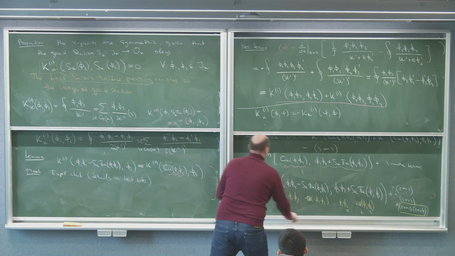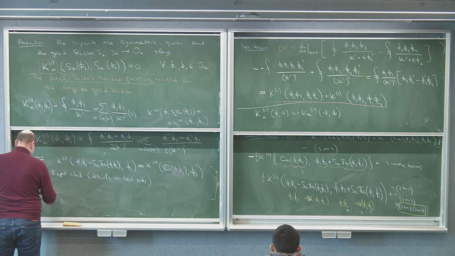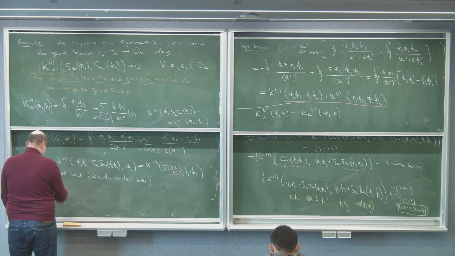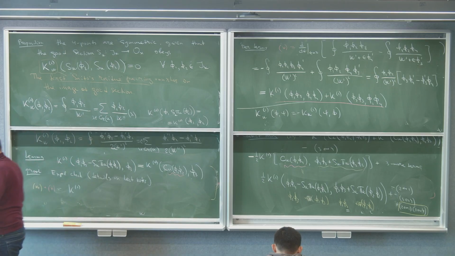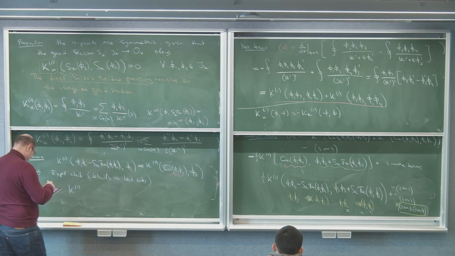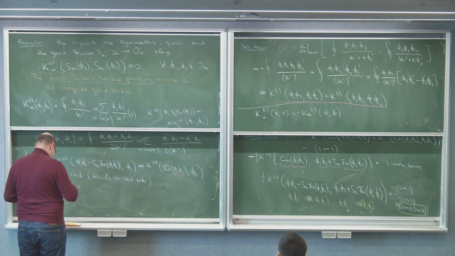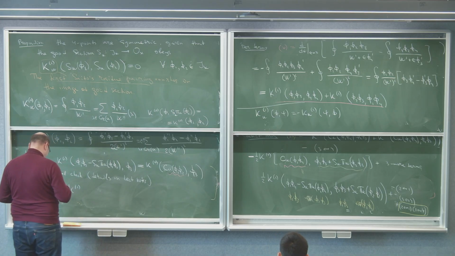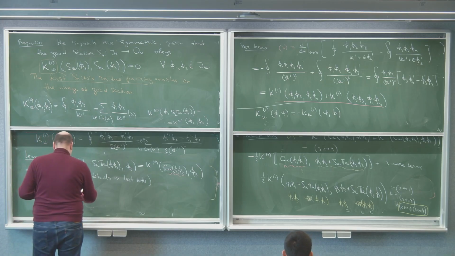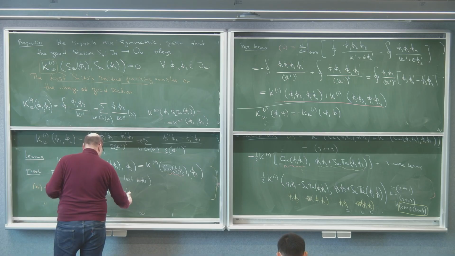After we add these terms, what we are left with is K1 applied to two remaining terms, SP phi 1 phi 3 and SP phi 2 phi 4,